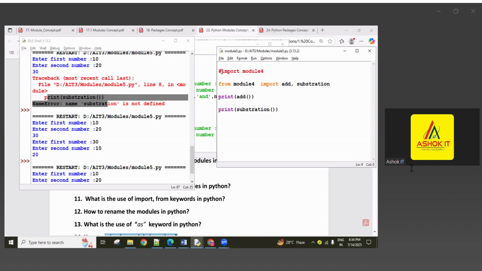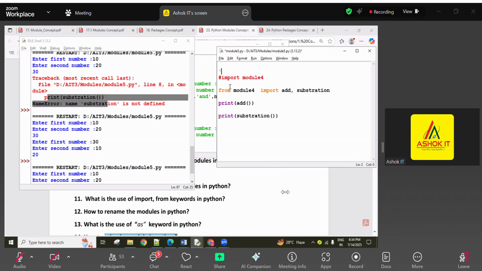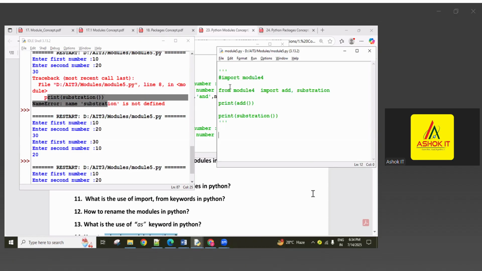Okay, now here, if I use the star import, I can use addition, subtraction, multiplication, and division, all of them. Now I'm commenting this out. And if we want to build a desktop-based application, then first I import this module, or else if you want to import the properties separately, you can import them here: from module name import add, subtraction, multiply